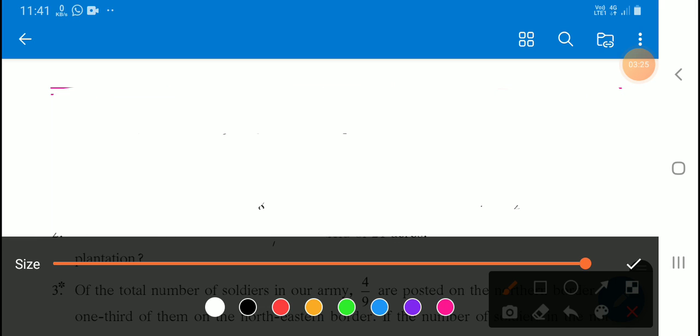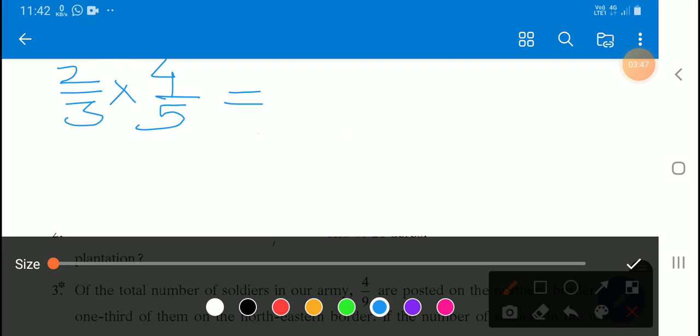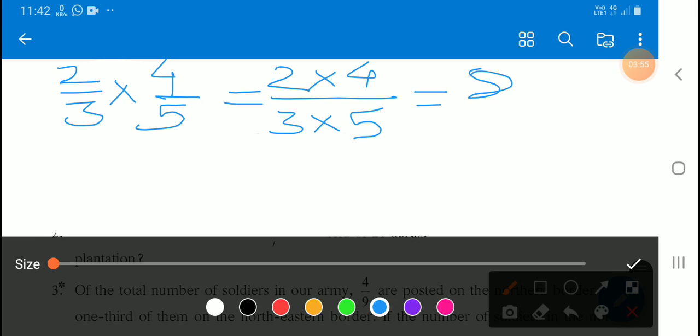I said to you what you have to do while multiplying fractions. You have to multiply numerator by numerator, denominator by denominator, and bring it to reduced form. Okay, that is a simple method. So I will write the example: 2 upon 3 multiplied by 4 upon 5. Look here, the numerator is 2 into 4 and the denominator is 3 into 5. 2 fours are 8 and 3 fives are 15. 8 and 15 do not come in the same table, so the answer will be as it is.